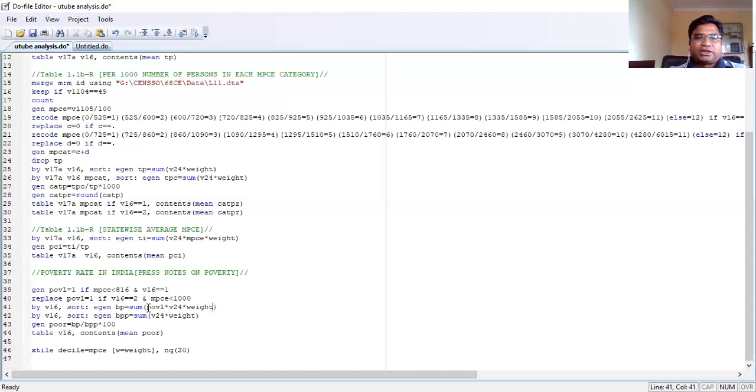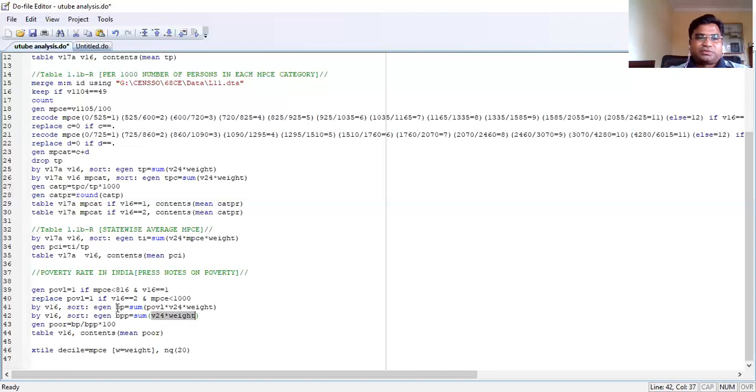So here in this part, those figures are only coming which are in the poor category, right? Now if we already have this calculation, like rural urban population category, we have just given a different name so that it doesn't collide with the already created total population variable. But this is the same variable which we have created earlier, v24 multiplied by weight.